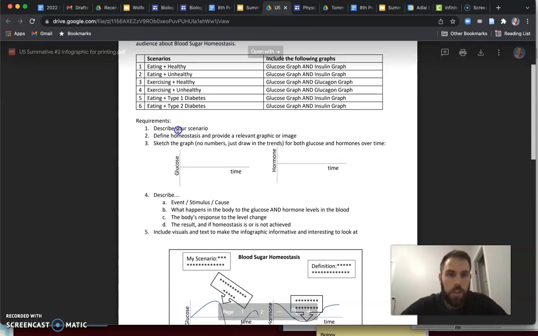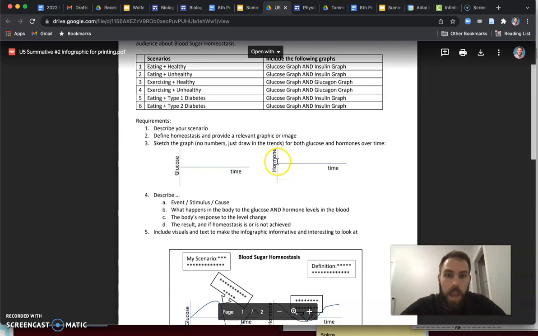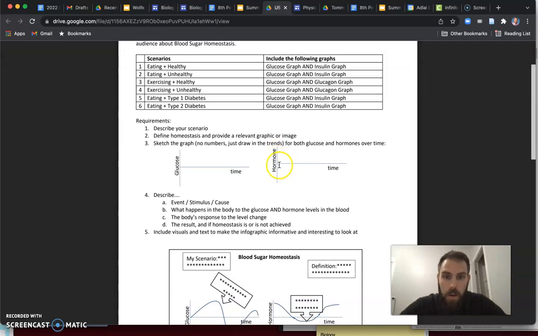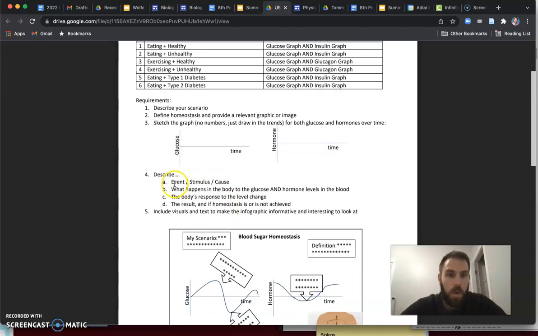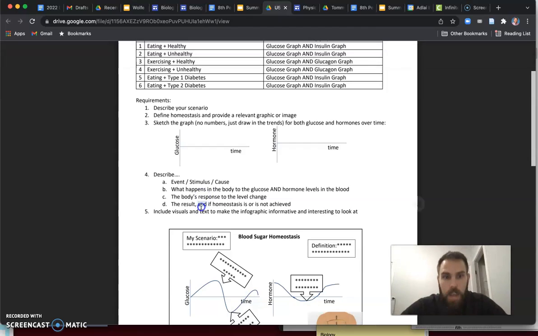So the requirements: you're going to describe your scenario, which is right up here. You're going to define homeostasis and provide a relevant graphic or image. You're going to sketch the graph for what's happening to glucose over time and what's happening to the hormone, in terms of if it's going up or down and at what time to cause whatever is happening to glucose. So after making these graphs, you're going to describe the event, the cause, what happens to the body in response, and the hormone, the body's actual response to that, and the result,